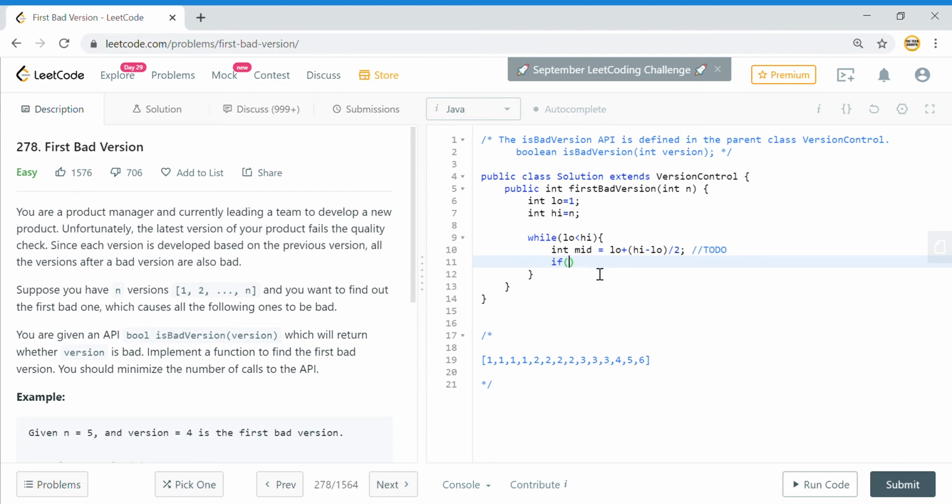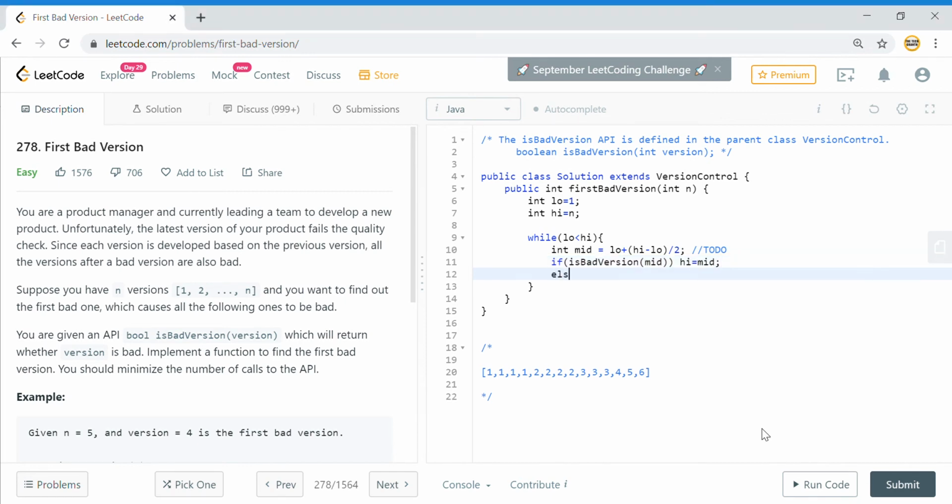So mid is equal to this particular value, and then we can call the function isBadVersion with this mid value. If this is true, it means this could be the first occurrence, so I will decrement my high and bring it to mid. Otherwise, we'll just increment the lower bound, which is low equal to mid plus 1.